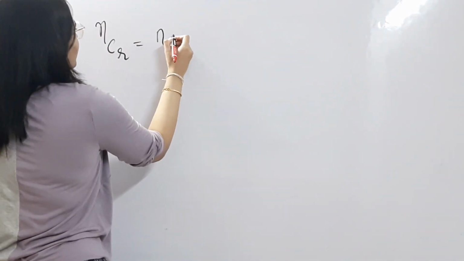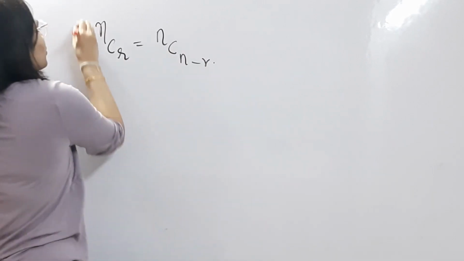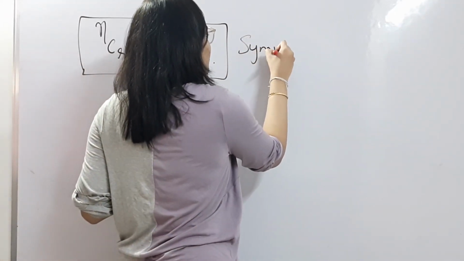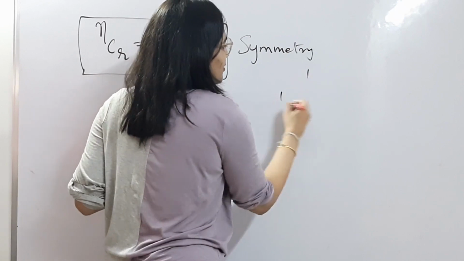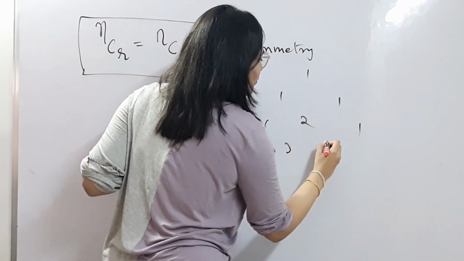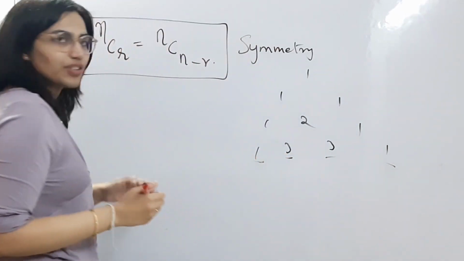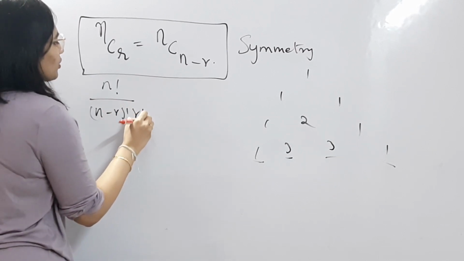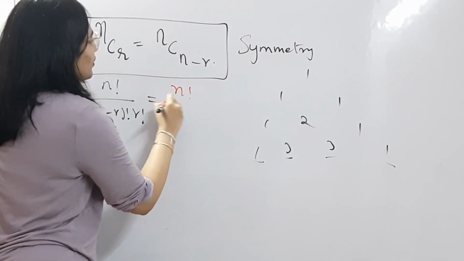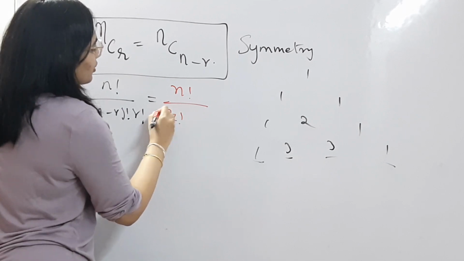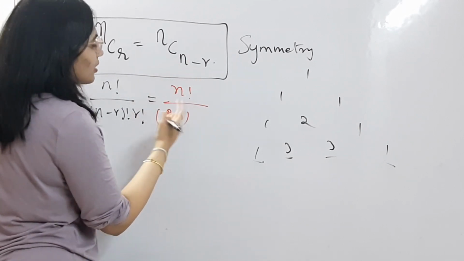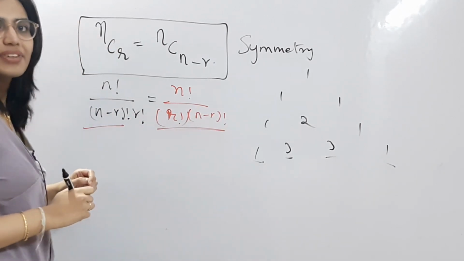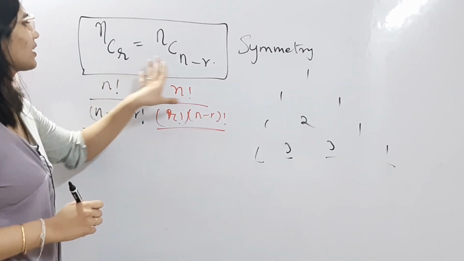So the next property of binomial coefficients is nCr = nC(n-r). I have told you this in my previous video. This is the property of symmetry. This is because in Pascal's triangle, the binomial coefficients are equidistant, symmetrical. That is, if you also try to prove, right, (n-r)! times r! is equal to what? n! by r!, that is n minus of minus r is plus r, into (n-r)!. See, the result is still the same. That is the reason why nCr is equal to nC(n-r).